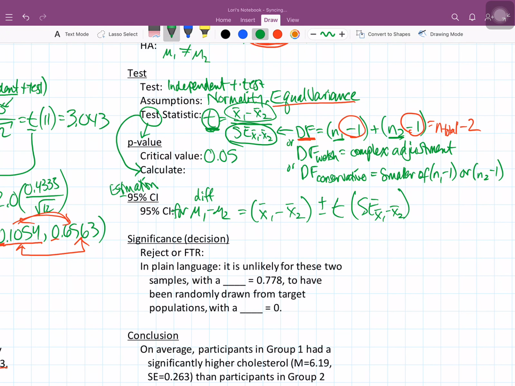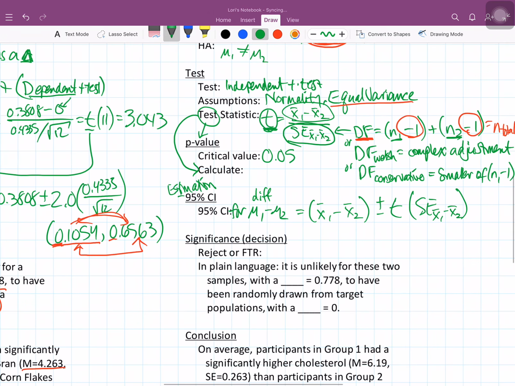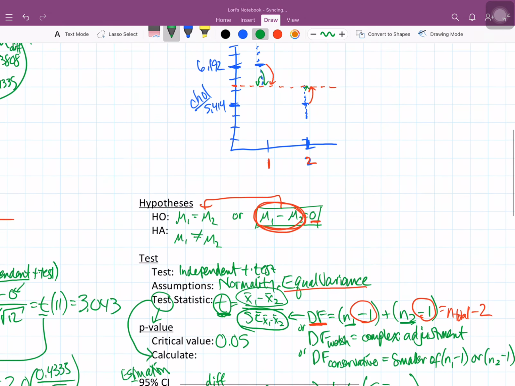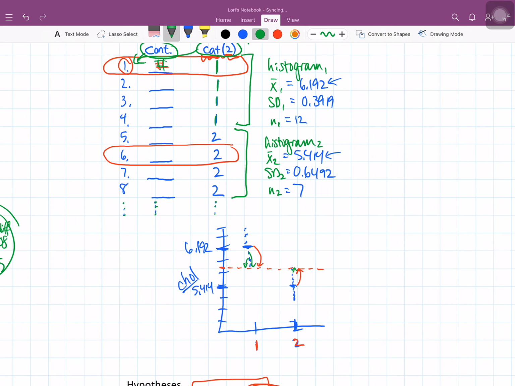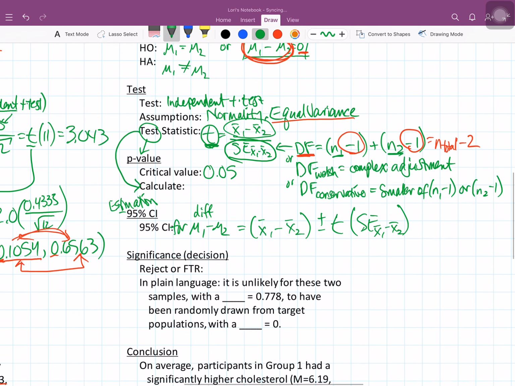So in our particular example, we take 6.192 and 5.414 and subtract them, and the number that we get for x bar 1 minus x bar 2 is